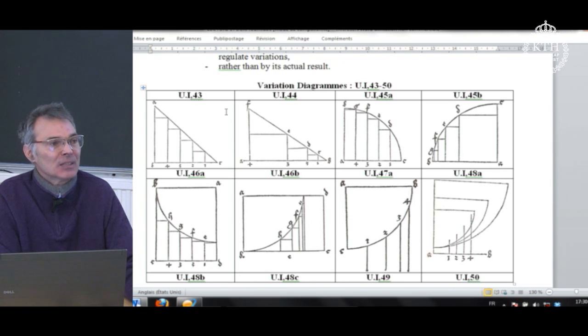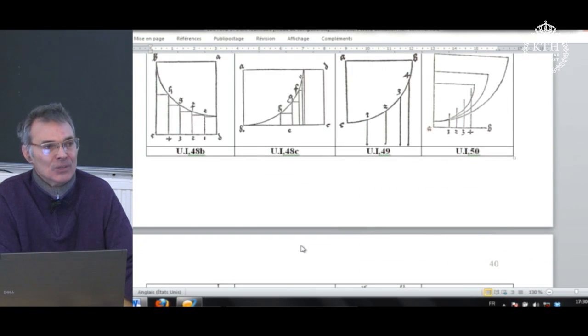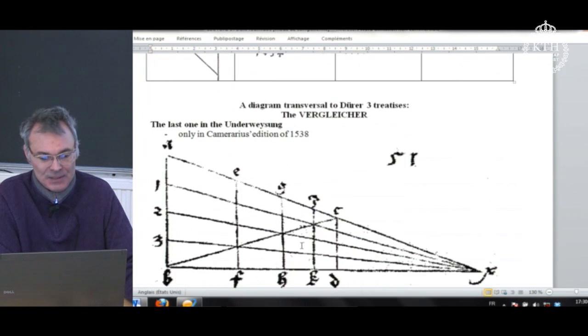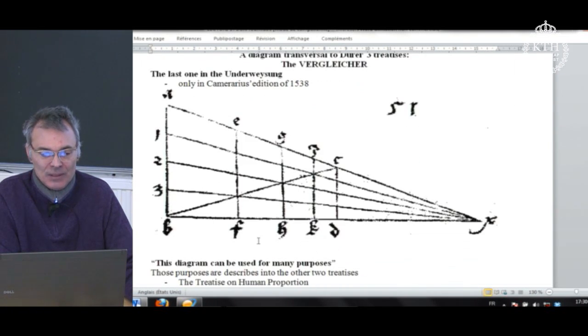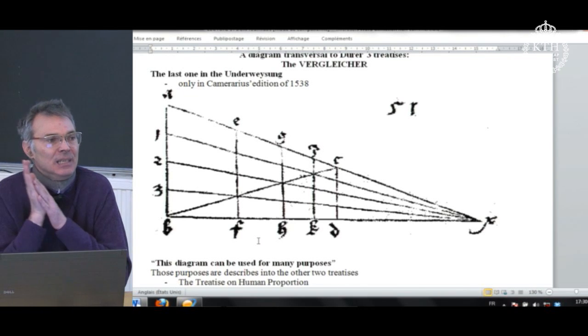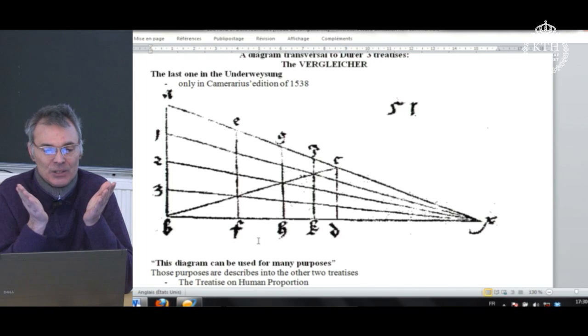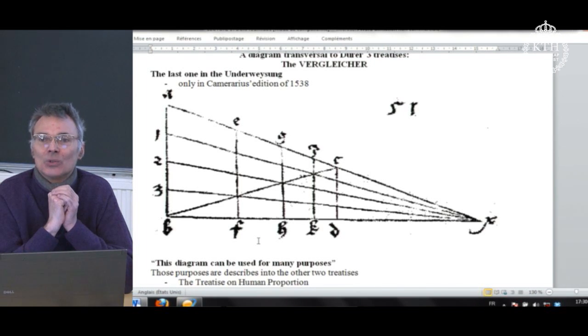You should consider that those 4 lines that you find in each diagram are the 4 rods of the instrument generating the serpentine lines. And then in the posthumous edition, Dürer added another diagram, which is this one. What is very interesting is that this diagram that he calls der Vergleicher, and there is no perfect word for that in English, so let's call it the comparator,